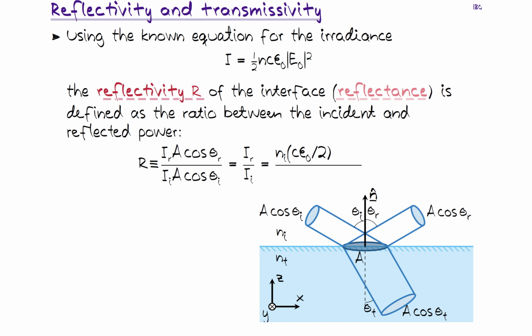And we get equations that we have n_i times c epsilon naught divided by 2 times the modulus square of the reflected field amplitude. And then in the denominator, we have the same kind of quantities because we are in the same medium of incidence. Now what we're left with is the square modulus of Fresnel coefficient r, and that's our reflectivity. So this is actually quite nice,